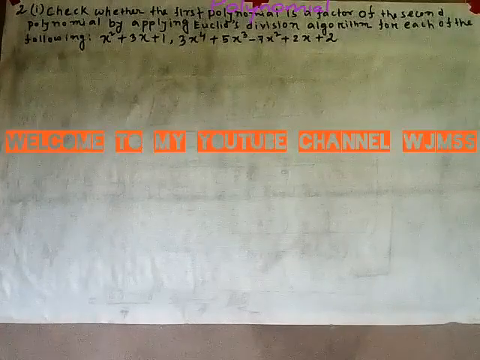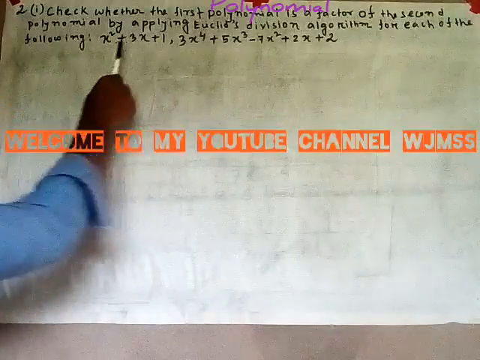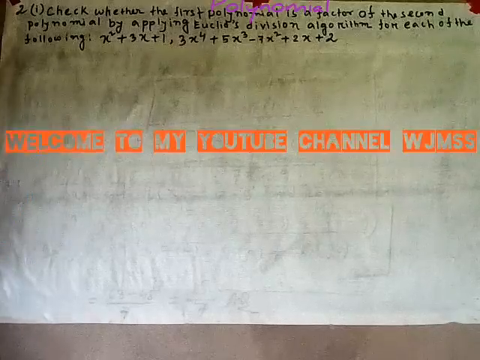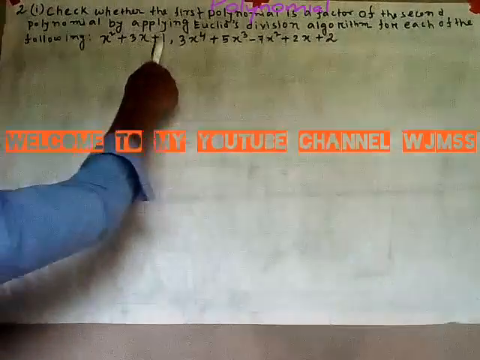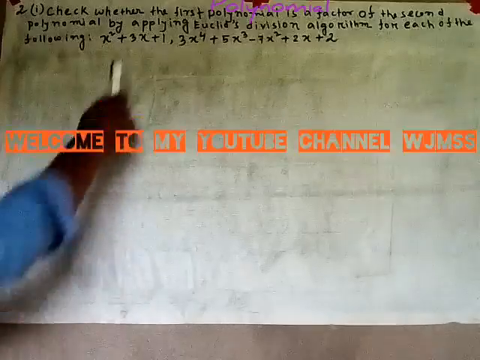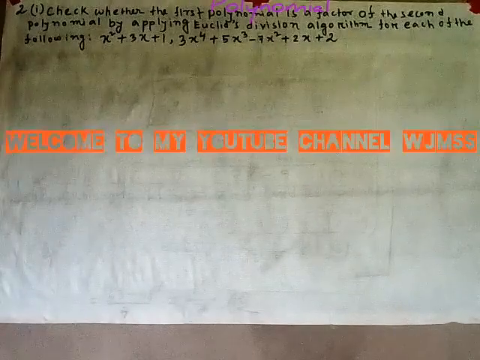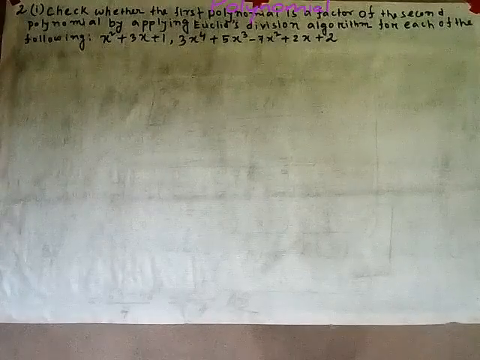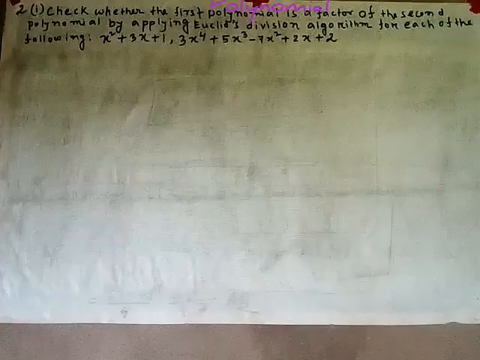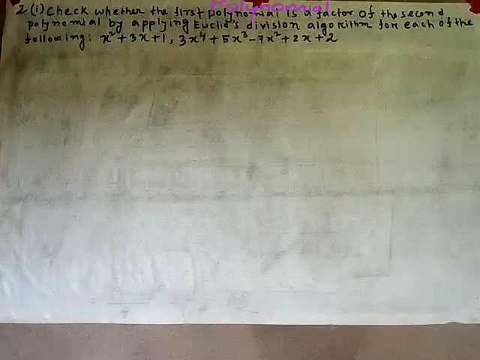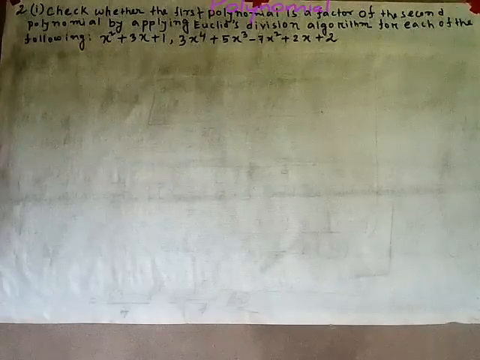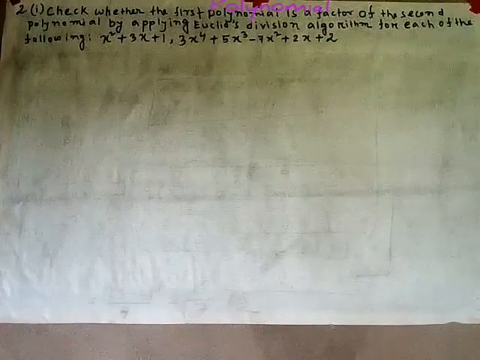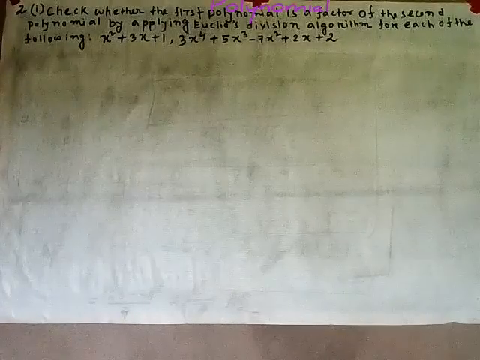This is the dividend, and the first polynomial is x square plus 3x plus 1. This first polynomial we can understand as g(x), the divisor, and we divide by it. After dividing, if the result is 0, it means the remainder is 0. The quotient may be anything. When the remainder is 0, then we can say